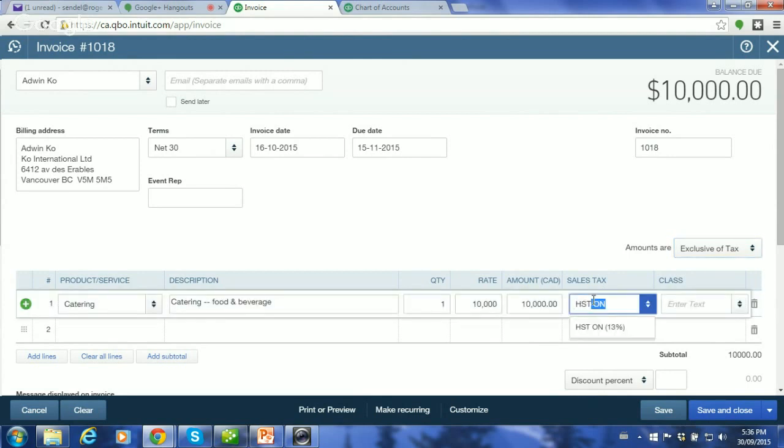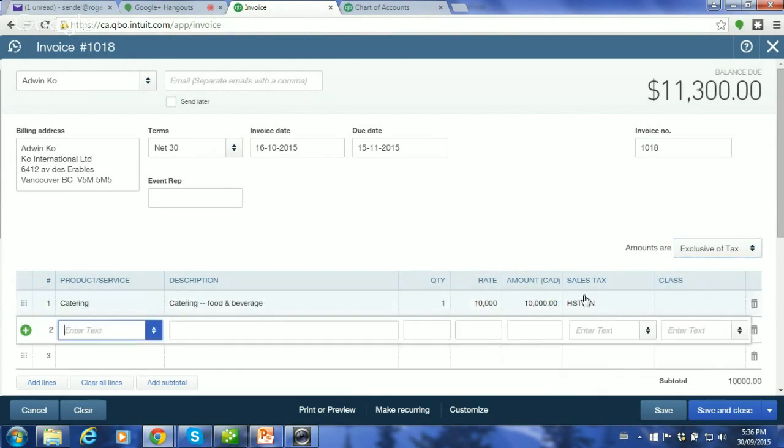And we're charging him HST. Now here is how I handle the deposit. And I say less 50% deposit charged on our invoice number, whatever it was. Well, it was the last one I worked on, so it had to be that. I'm now going to say minus $5,000 that I already took from him and got paid.